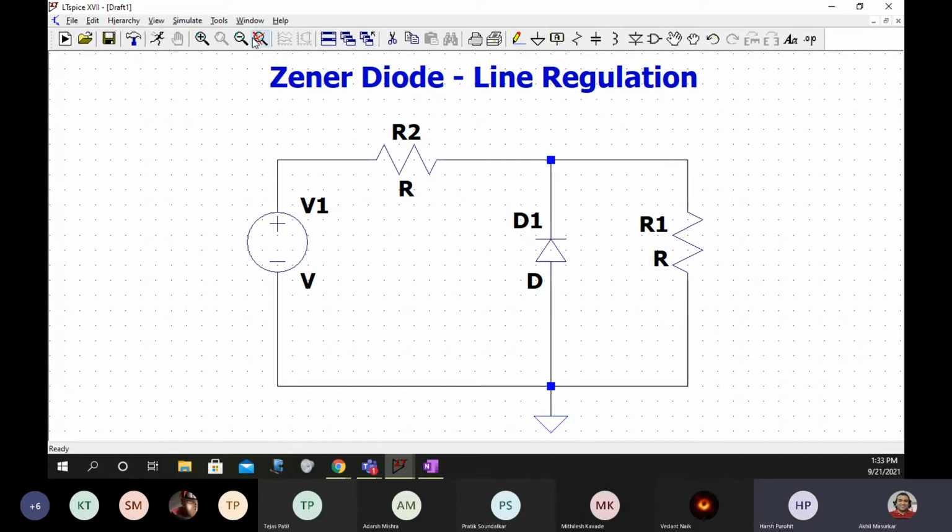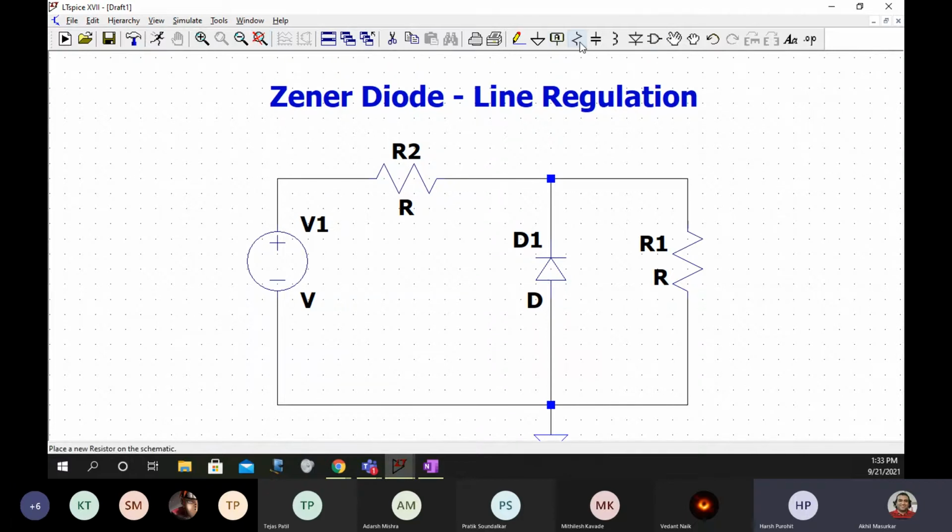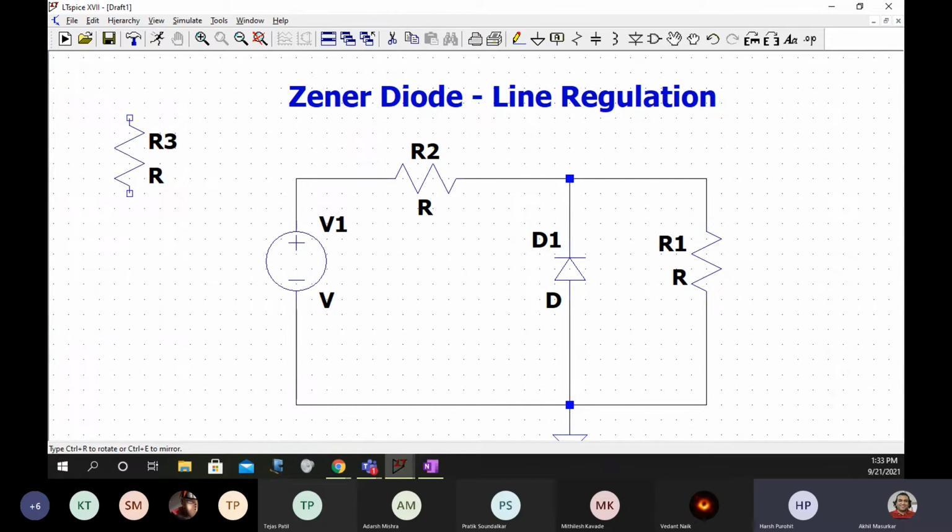Sir, to rotate the resistor, what do we have to do? You take this resistance from here and press Ctrl R. Sorry, sir, I couldn't hear. Voice was breaking.